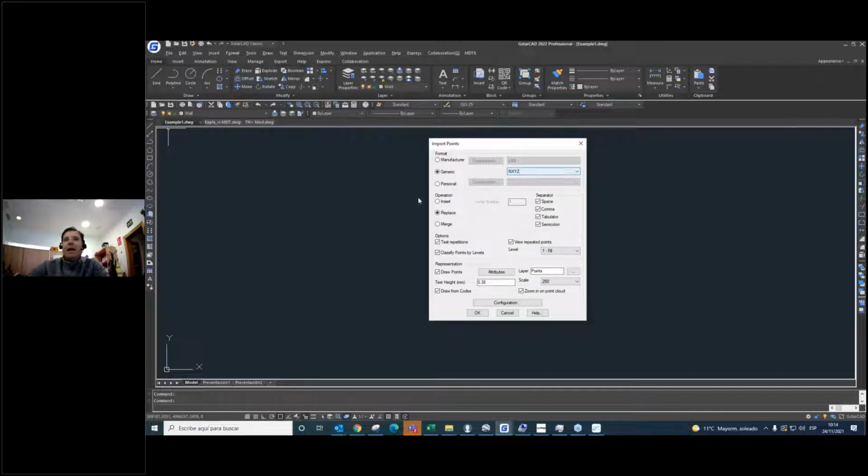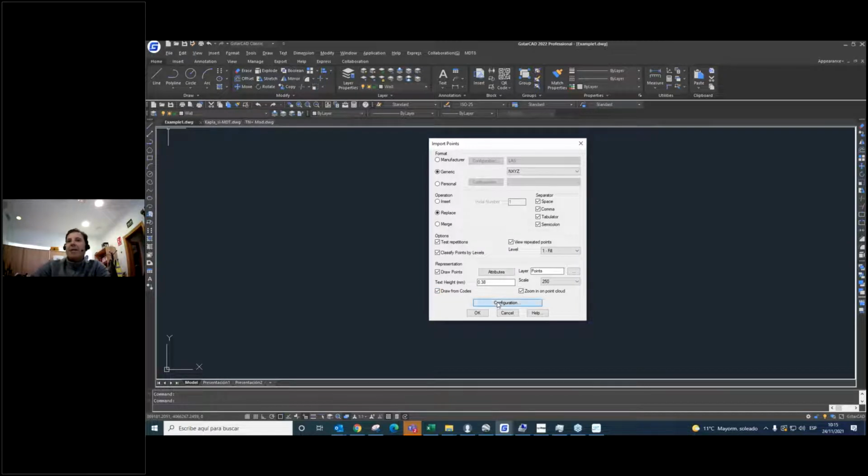It's very useful, and we can arrange the list of points by levels. It's a characteristic of TcpMDT to classify the points in order to work more easily with this list of points. At the end, the most important thing is how to represent or draw the points and all the entities that these points mean. In this case, I draw from the code in order to draw all the entities, punctual or linear, in relation to the code.